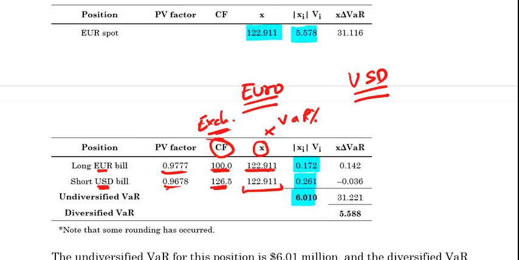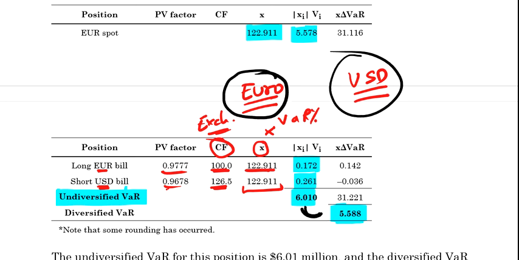So now we have our undiversified VAR, means we have not included the correlation between these three, but when we include the correlation, we will be able to get our diversified VAR. So we always know that there is always a difference between the undiversified VAR and the diversified VAR. Clear? Now just a small thing which I want to clear is that we are long on the euros and short on the USD. One question can literally come from this section, because most of the students fail to understand where we are long and where we are short.